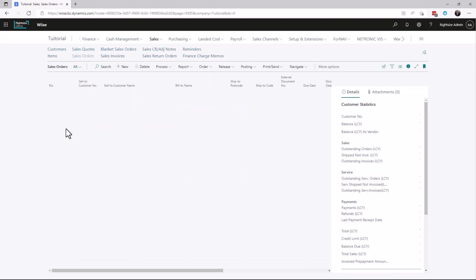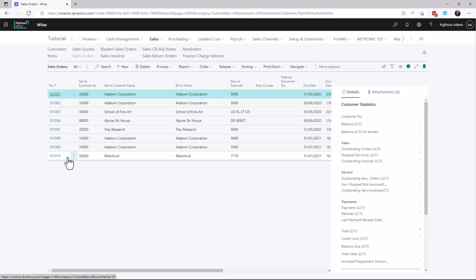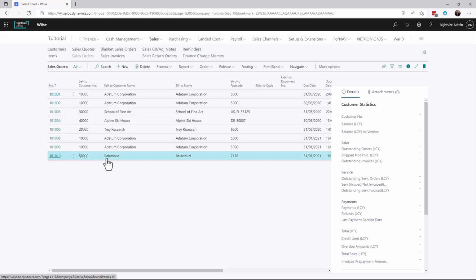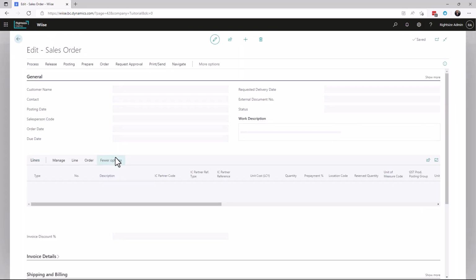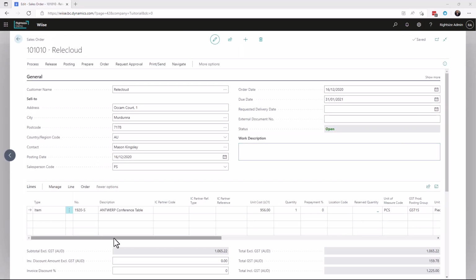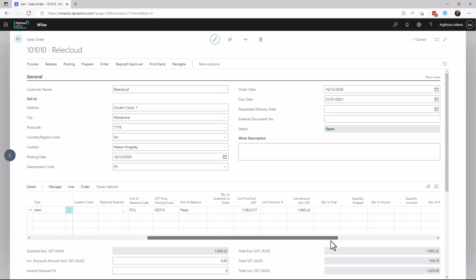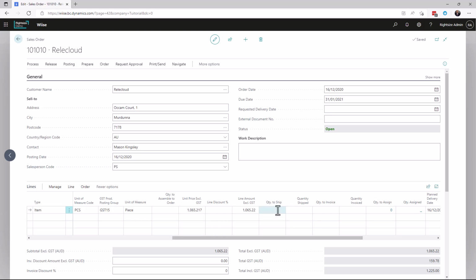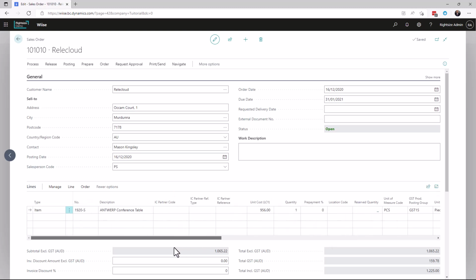We're going to do this as a simple sales order. But as I hit the Relic Cloud sales order, you'll see here on this sales order, we're going to go over and select quantity to ship is 1, and quantity to invoice is 1. Go post, post,